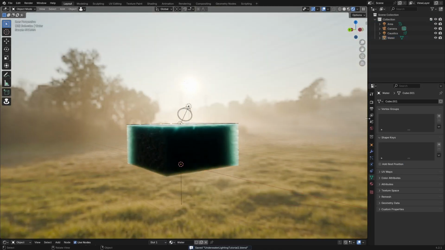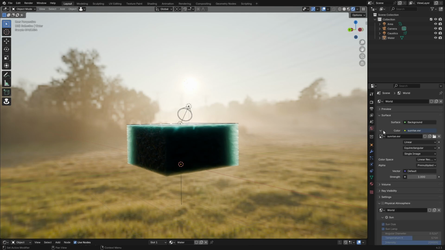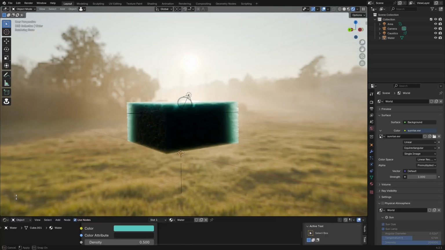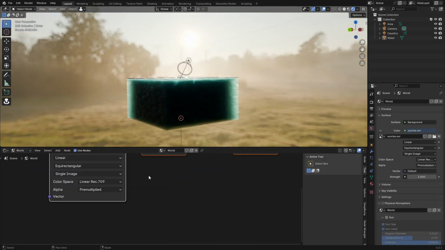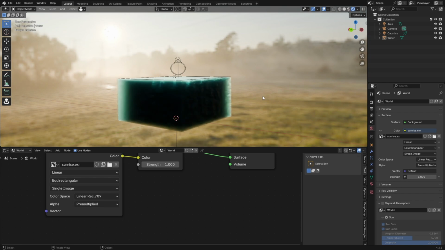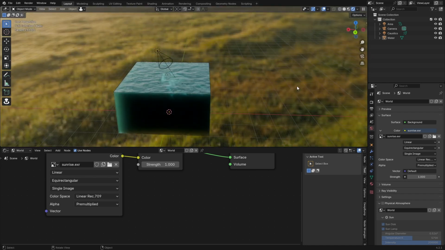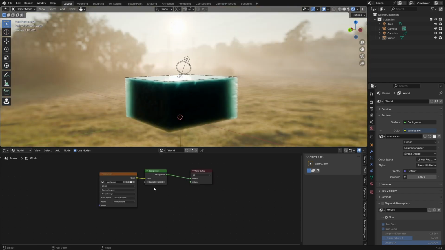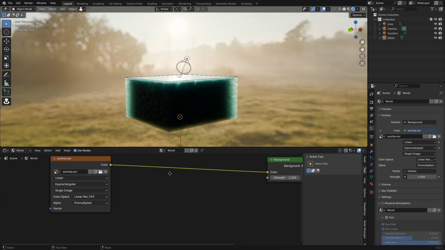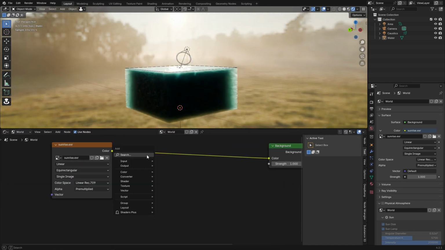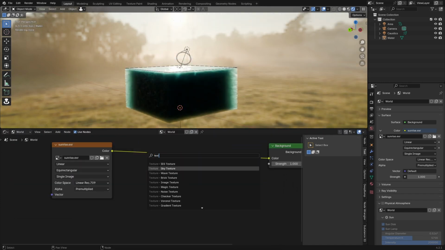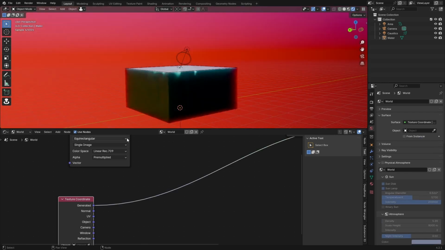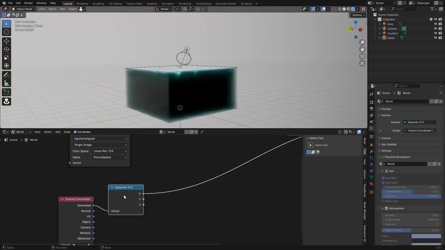Something else about the lighting, if you are using an HDRI, which I have set up here, you can go over to the world shader type. And if you are completely underwater, we of course don't need this grass here because that wouldn't be there. So we can fix that a little bit. All right, so here with our HDRI, I want to add in a texture coordinate node, and then I want to grab this generated coordinate and I want to add in a separate XYZ node,